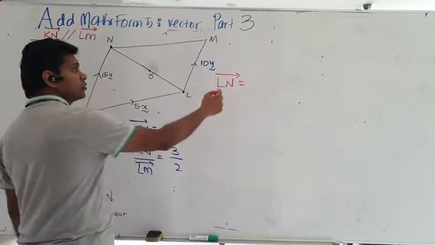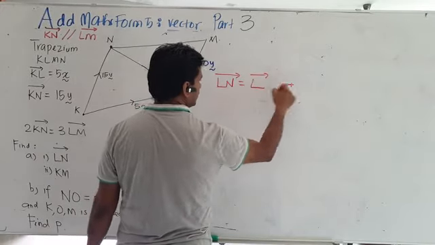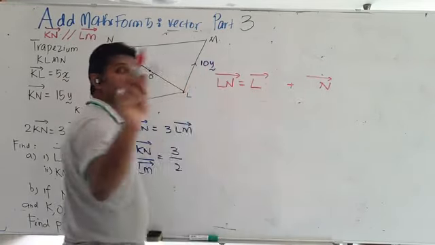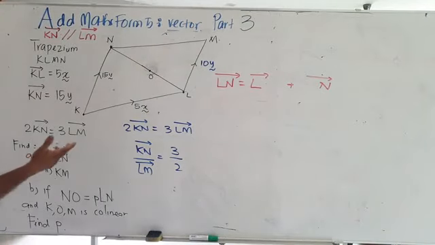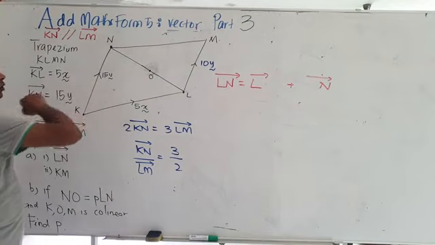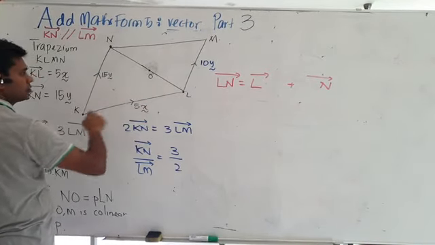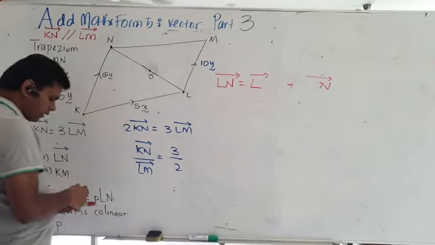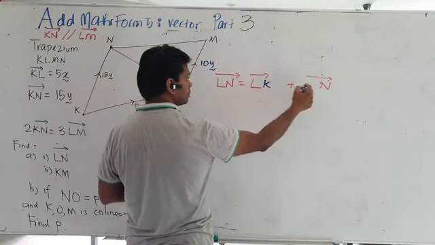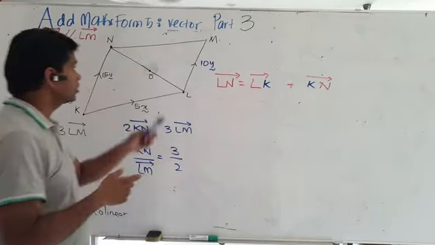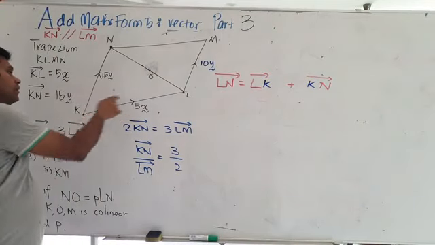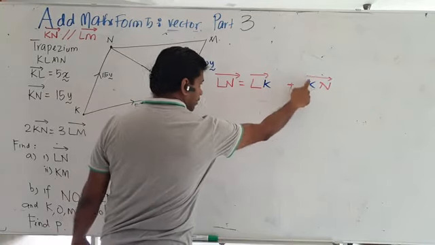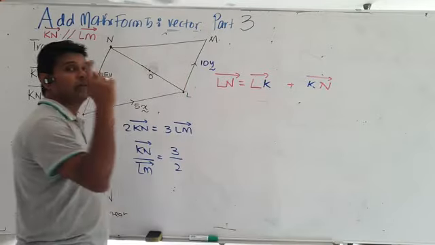So what I taught you was put an L here, plus put the N at the end like this, and here must be the same letter. So the best is, we are looking for LN, so we have an L. Let's use this triangle. Maybe I should use K. What will happen if I put a K here? Does it sound logical? Of course, you can choose M, but I'm choosing K. The reason I'm choosing K is because these values are given, so it's easy for me. So K and K will cancel. You're going to get back LN, which means my equation is correct.